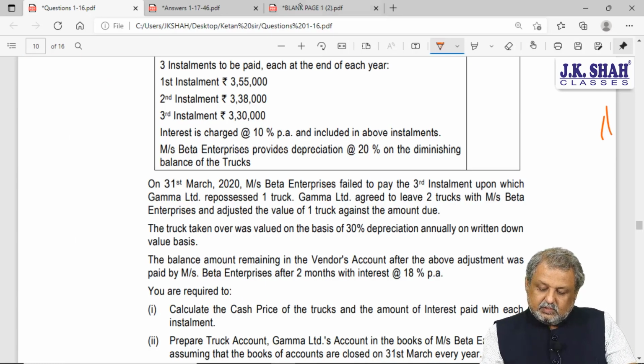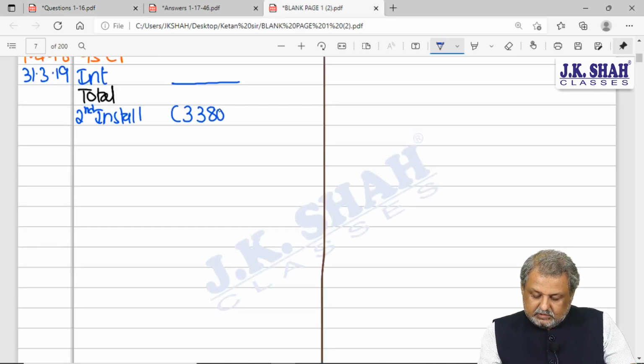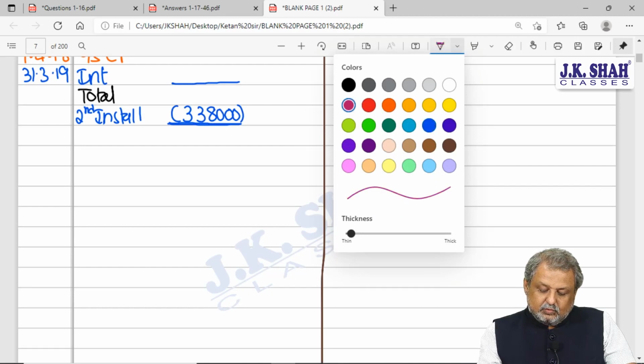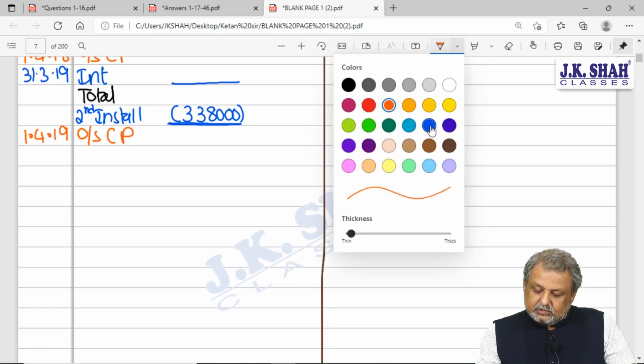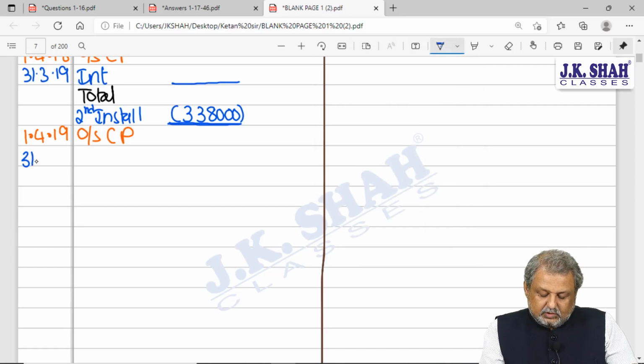I saw it right, yes, 338. So 1st April 19, outstanding cash price. Then 31st March 20,